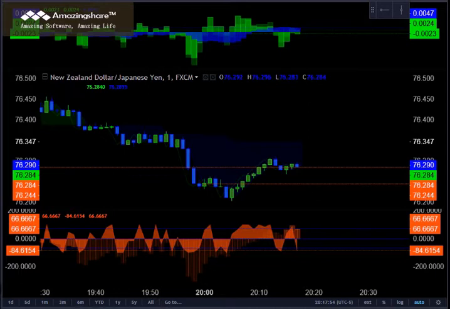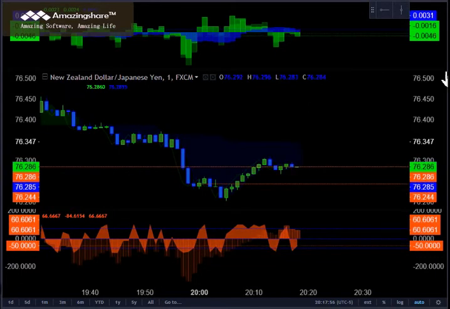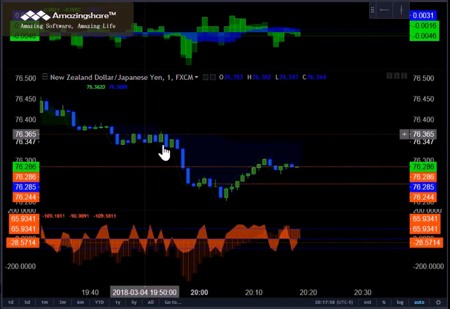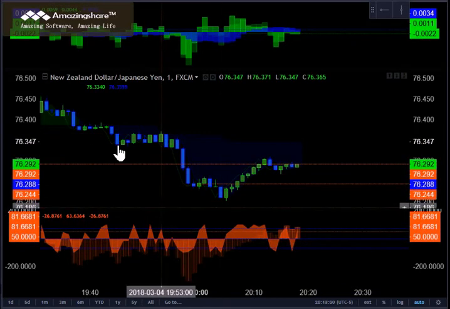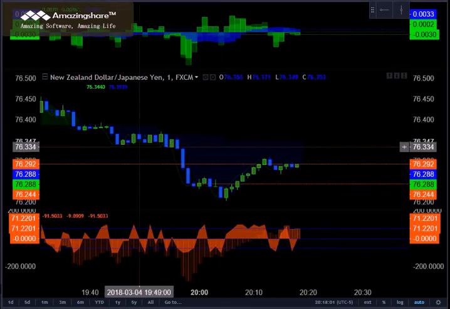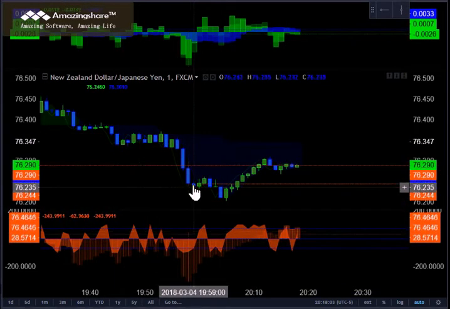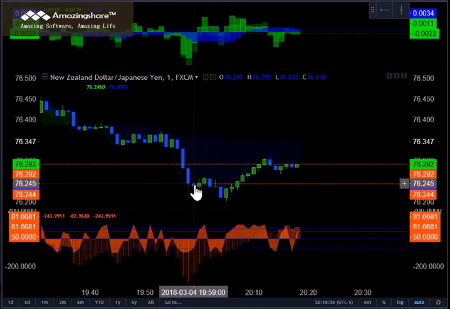In focus, the Kiwi and the Japanese yen. We're looking at a 1-minute chart. When this 1-minute chart broke down and came down here toward these lows, on the open of this candle as